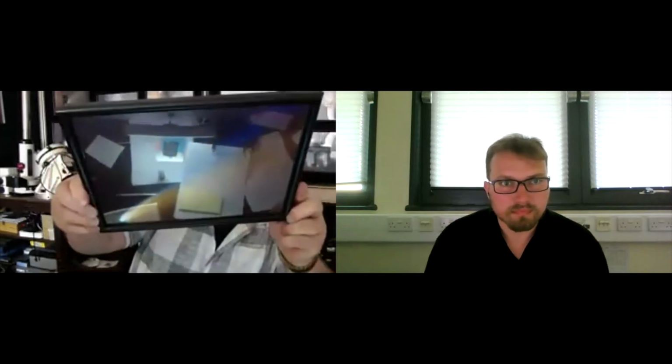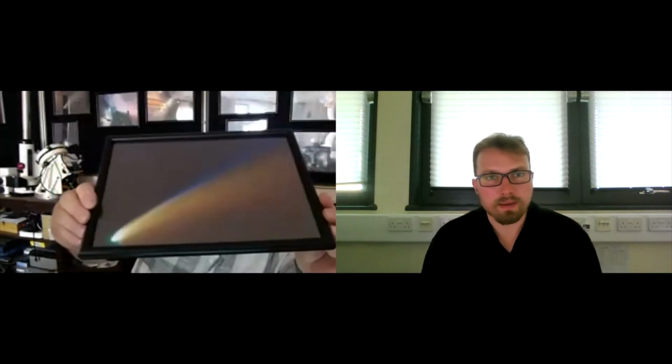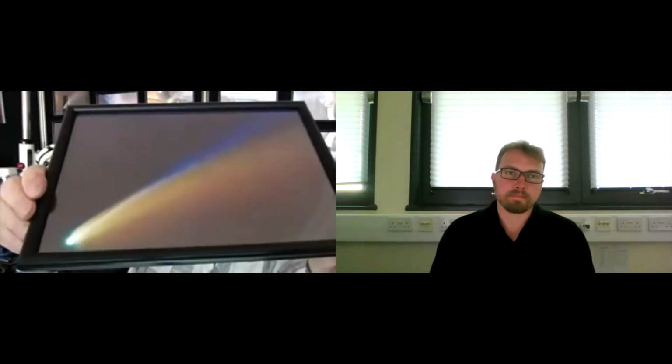I know that there are a lot of people, especially there was one guy who took a photograph of the, take this one down a minute. You can see it. This is Comet Neowise. Sorry, all you can see is the screen, isn't it? But yeah, there you go. That's good. Now that's the big comet that came around last year, and he took what looked like the best image you've ever seen of it.